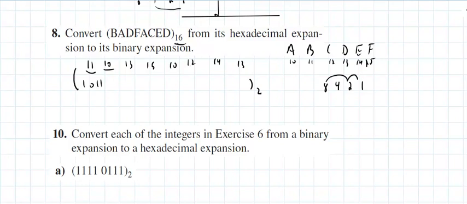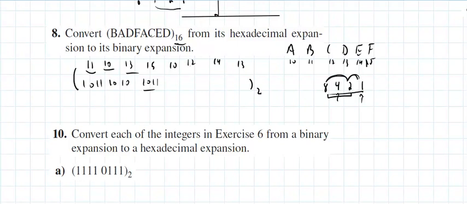To get a 10, the way I can get a 10 is 8 plus 2. So that is 1, no 4, and no 1. So 1, 0, 1, 0. To get a 13, 10 plus 1, so that is 1, 0, 1, 1. That's the 13. 15, that is